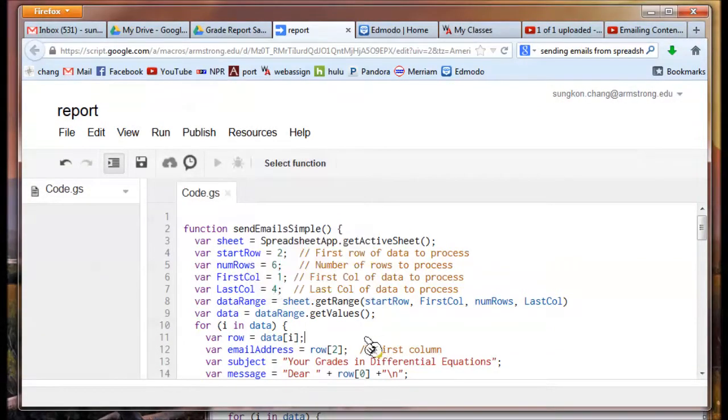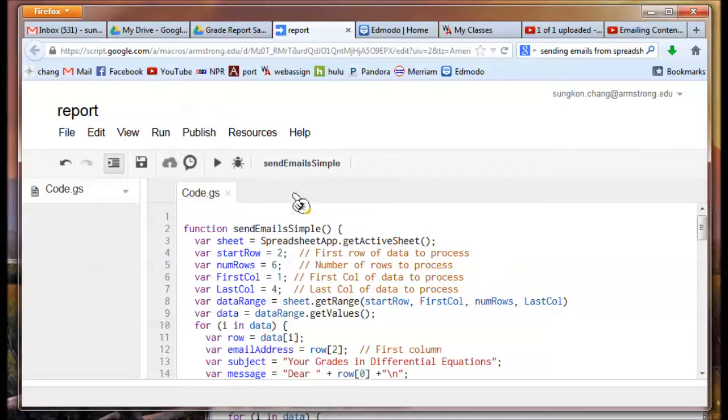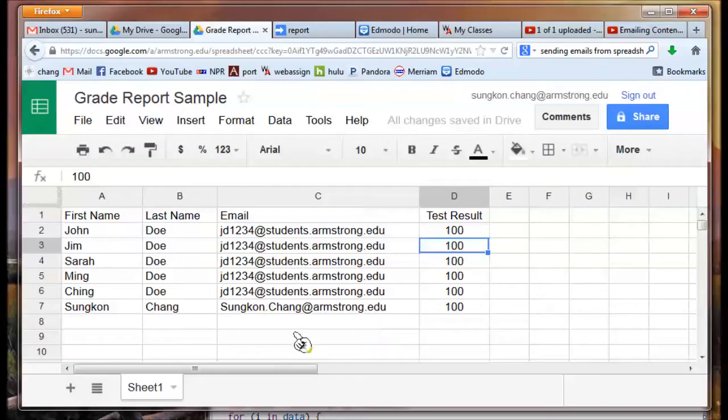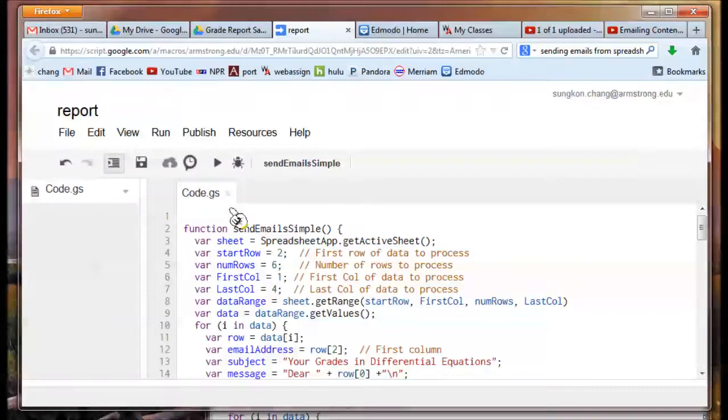But if you have just copied and pasted that short script from my website, then you will have only one command show up, and this is enough to process the simple data here, email address and one data. Now after you click on that, you will have this name showing up here, and this play button will run this script, and by doing that it'll send those emails. If you do this for the first time, when you click on that button, it's going to ask for authorization of using your email account, and if you authorize those things, it'll send emails to those people